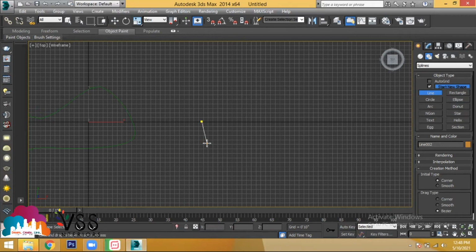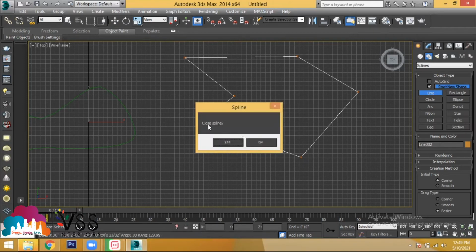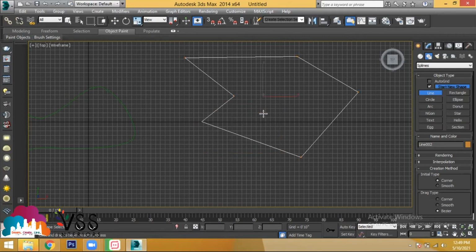Don't click and hold it. Click and release. Then go to the next endpoint wherever you need. Click the next endpoint, and the next, and again the next endpoint. Wherever you have started, if you want to end it at that point, you can just approximately put your cursor at the starting point, click it, and it will ask you an option called close spline, and then press yes. Automatically the object will get closed.